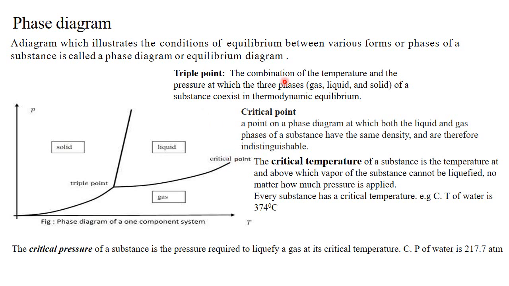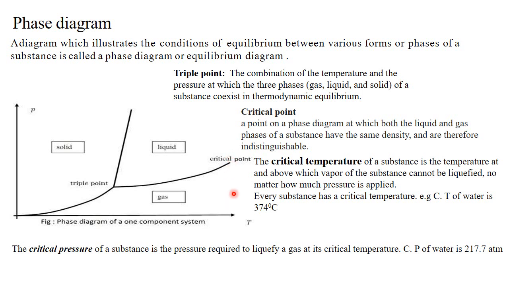This side shows the solid phase, this shows the liquid phase, this is the line which is separating the liquid from the solid phase. The matter on this line is in equilibrium. There is equilibrium between liquid and solid phase over this line. This area shows the liquid state of the matter and this area shows the gaseous state of the matter.